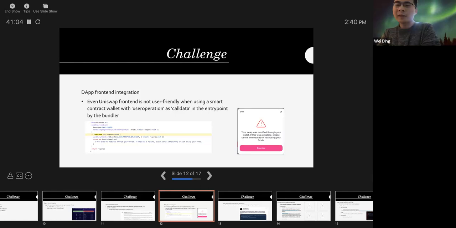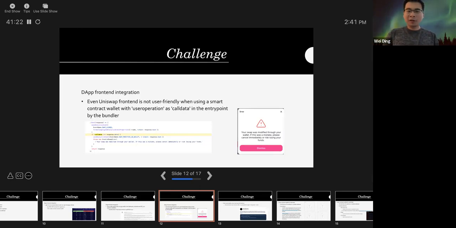Yeah, I think because SoulWallet is more focused on the smart contract side, we are not limited to using the official bundler or other bundler services.